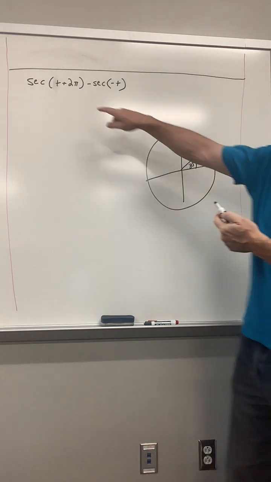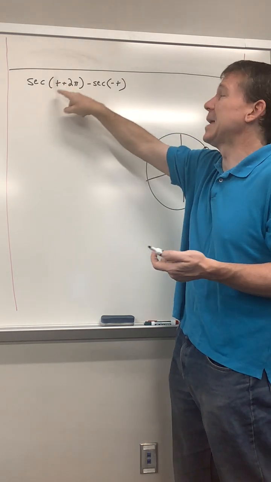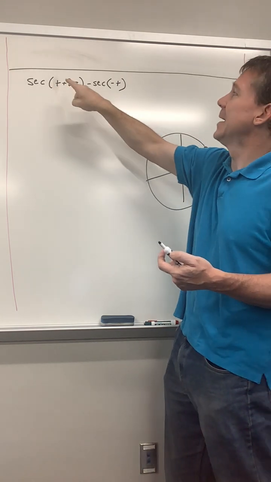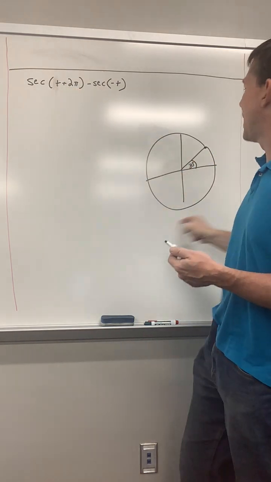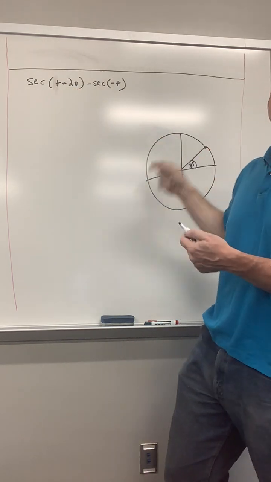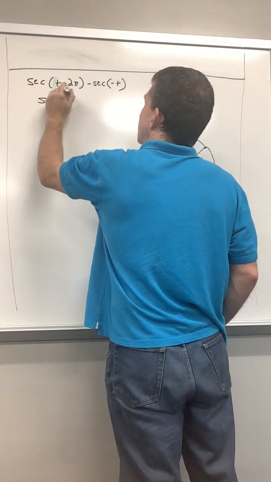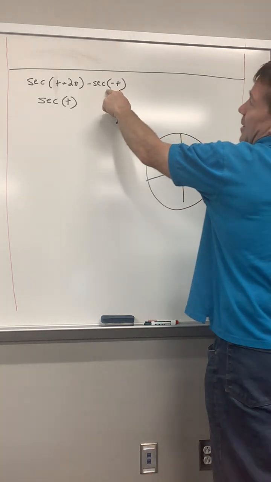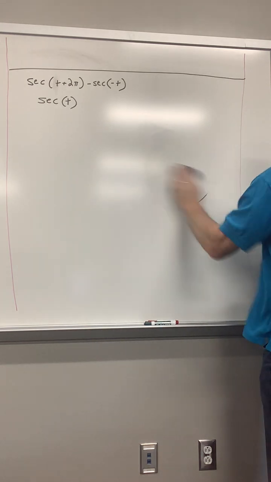So all that really tells me is, since the period of cosine, and by extension secant, is 2 pi, secant of t plus 2 pi is the exact same as secant of t, because adding 2 pi to t gets me right back where I started. So this just simplifies to secant of t. Here, I have secant of negative t, and